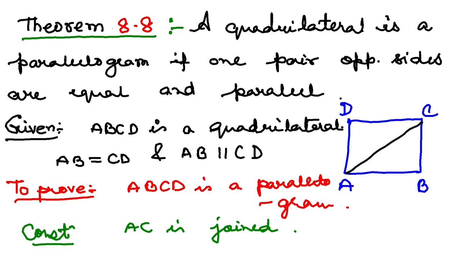Okay. So now if I consider this triangle and this triangle, ABC and ADC, you have to prove that these two are congruent. Okay. So first thing is AB is equal to CD. So this is given. This is the common side, AC. And because AB is parallel to CD, these two angles will be equal, isn't it? Let's check if you understand or not. This angle will be equal to this angle. Alternate angle. So by side angle side, these two triangles will be congruent.